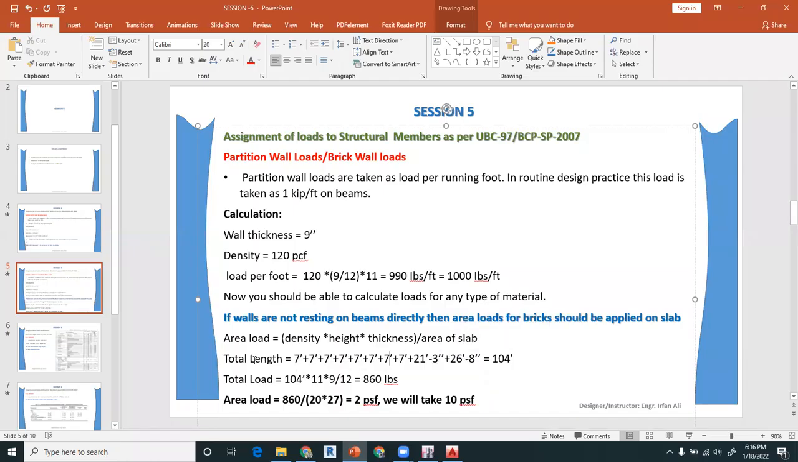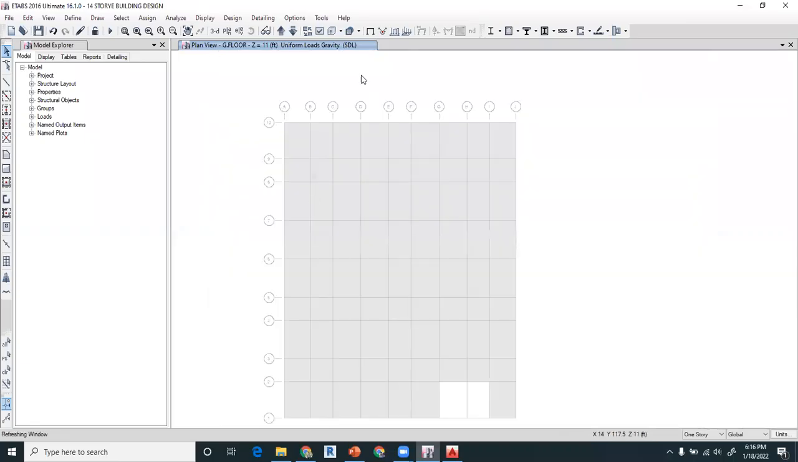So in the initial stages, you have to calculate this length and these thicknesses and total loads, and divide it by area. So you will get the actual load, right? So we will take a 10 PSF load on this panel, and we will take 1 kip per foot on our beams. So we will go to our ETABS model again, and we will